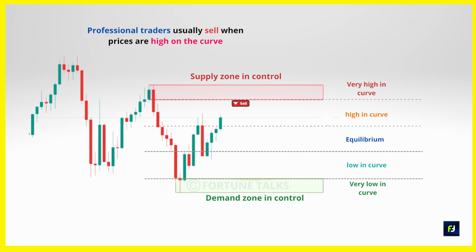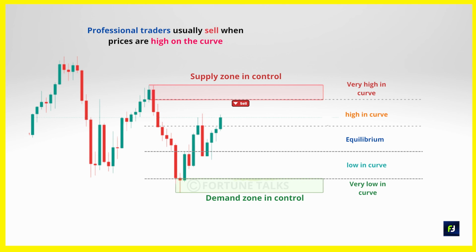Now, you may ask me, why is it important to identify the curve in the first place? This is actually what separates the winners from losers in the big game. The professional traders know that when the price is high on the curve, they need to sell to the retail traders who are actually excited to see an uptrend move continue. So the retail traders jump onto the trade and start placing buy orders. And professional traders actually use this high liquidity provided by the retail traders to short the market and move